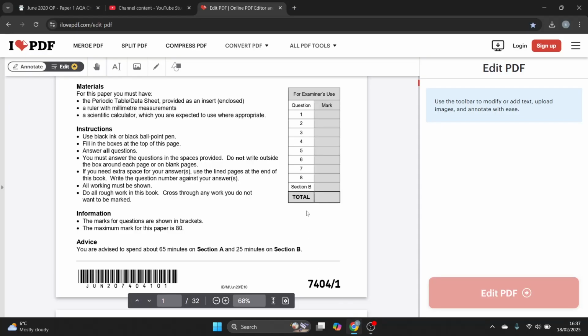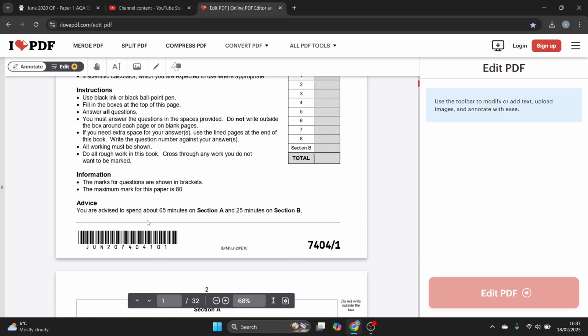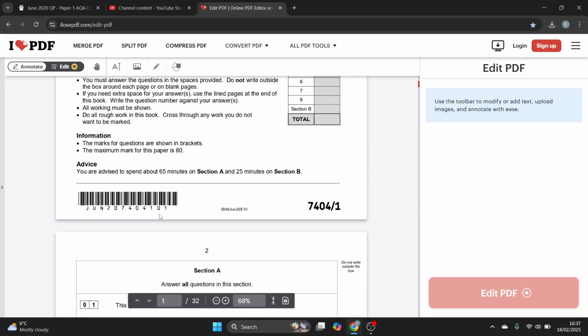What's up guys, it's Iman Fiaz and today's video is on AQA AS Level Chemistry June 2020 Paper 1, only Section A walkthrough. Because Section B is multiple choice questions, and for Section B multiple choice questions I'm going to